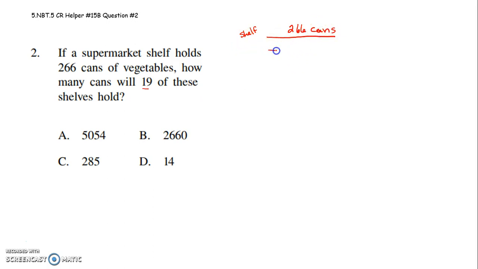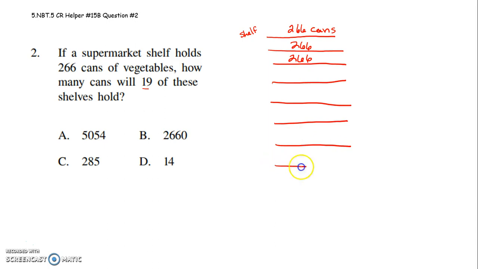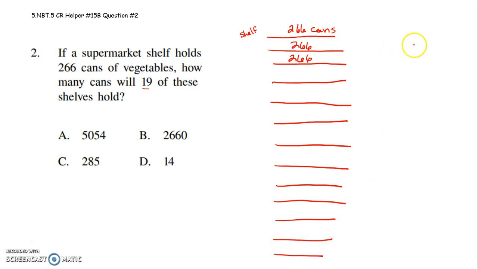Well, there's one shelf. Here's a second shelf. Here's a third shelf. Here's a fourth shelf, a fifth shelf, a sixth shelf, a seventh shelf, an eighth shelf, a ninth shelf, a 10th shelf, an 11th shelf, a 12th shelf, a 13th shelf, wow, a 14th shelf, a 15th shelf, a 16th shelf, a 17th shelf, an 18th shelf. There's 19 shelves. And on those 19 shelves, each one of them has